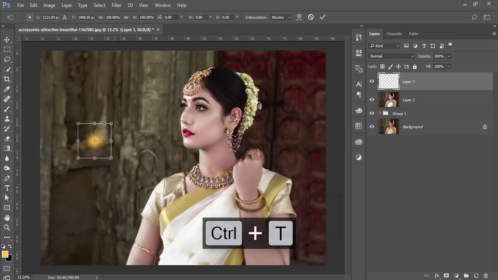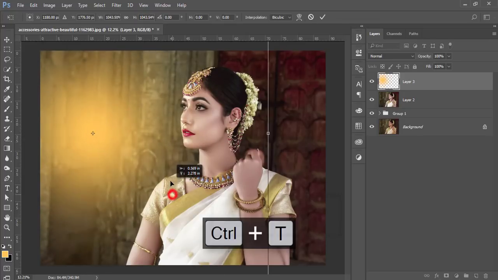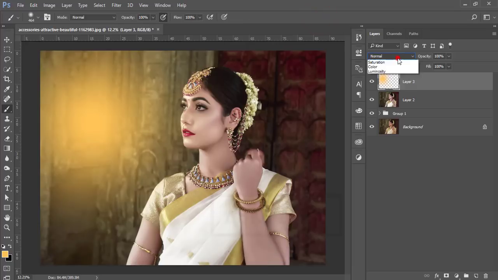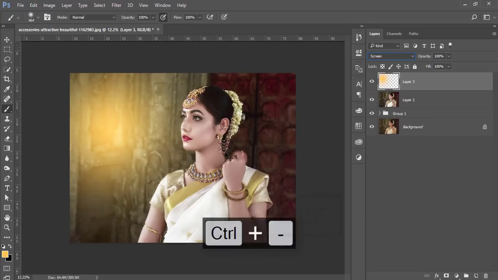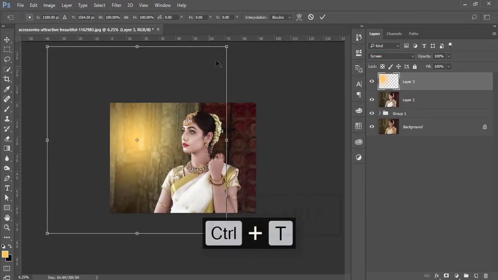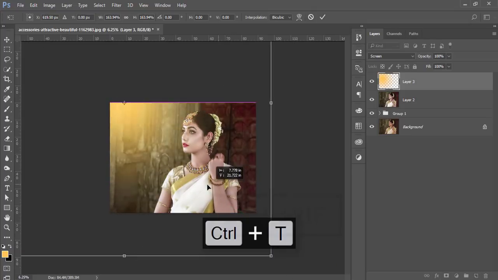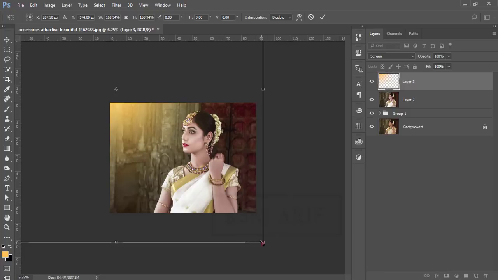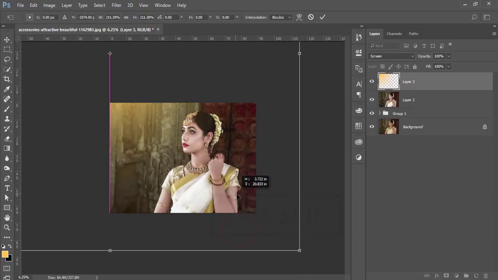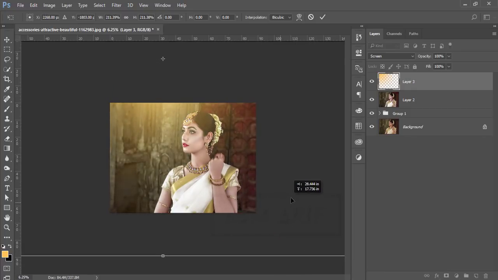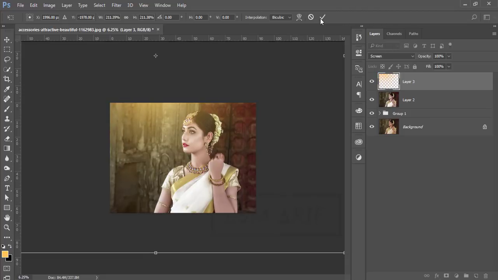and make it bigger. Yeah, and then hit the OK button and go to the blending mode and make it screen, and zoom out, that means Ctrl minus, and press Ctrl T and make the light even bigger. Yeah, that's fine, actually more bigger. Yeah, a little bit of flow, flare will come. Yeah, and hit OK,